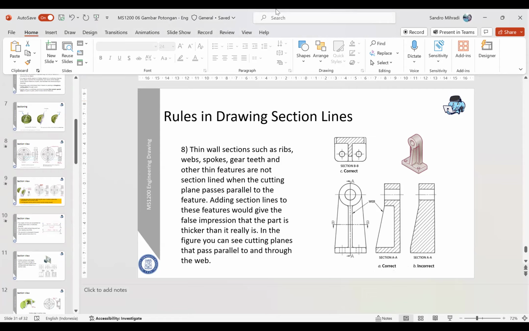Oke, saya akan coba tampilkan PR-nya ya. Bukan PR, kuisnya, supaya Anda bisa mengerjakan.